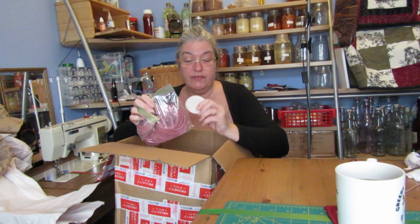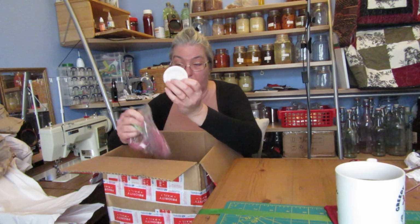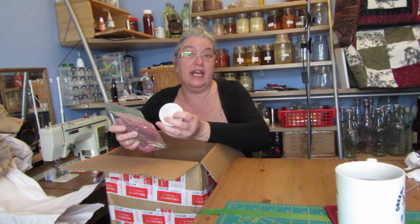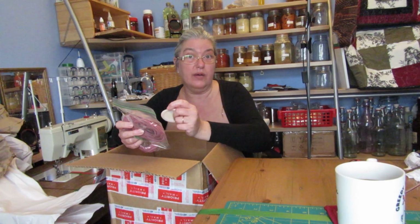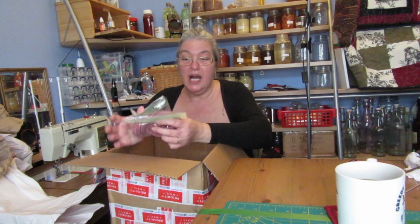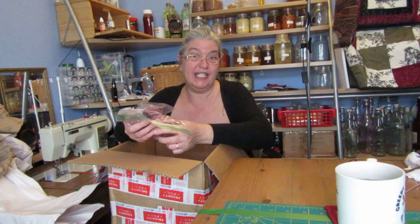But these, even though they aren't in their Tattler boxes, they've got the name Tattler across the top, and they look exactly the same as ones I've had before. So I will be testing these out next time I do a canning session. But for £90, and there's 120 here,